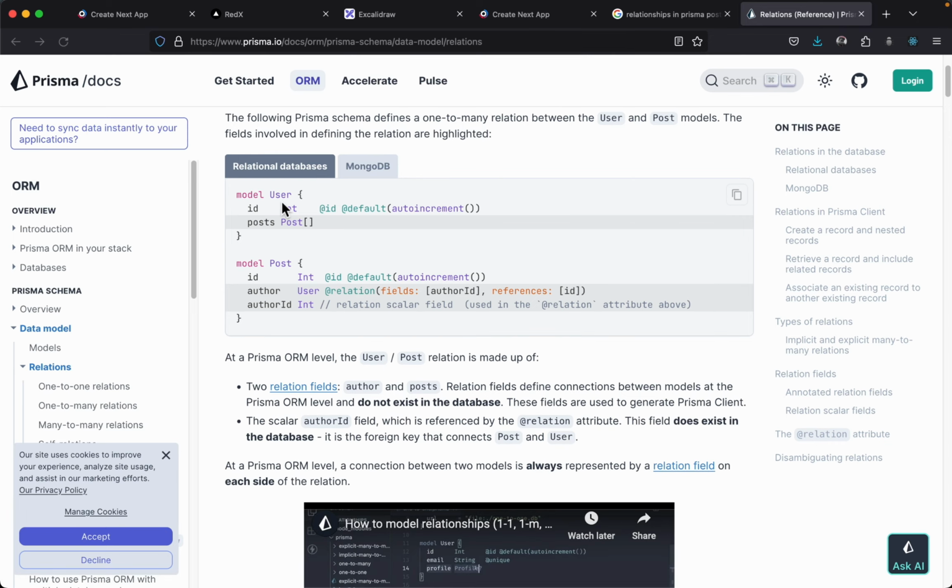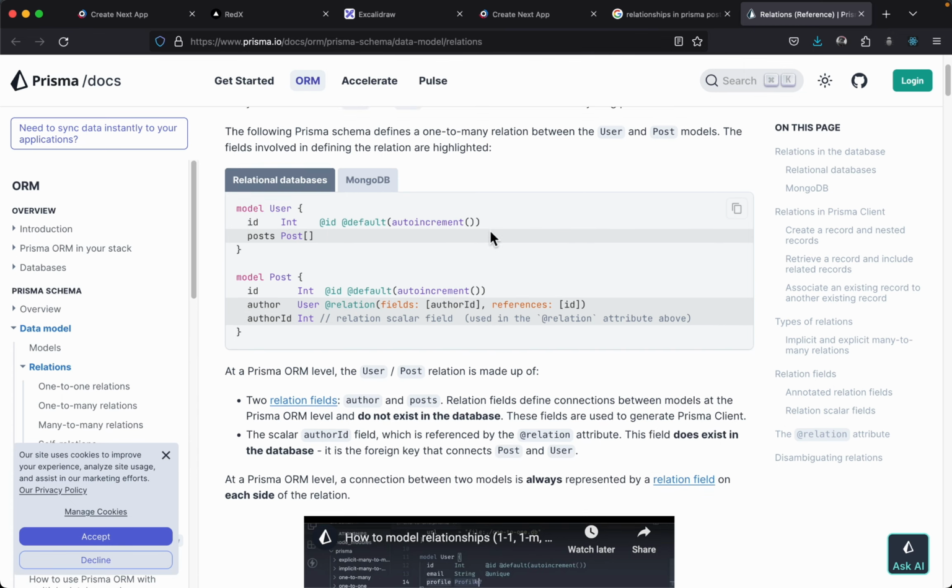So here you can see a user has a post, and he is referencing this post as an array. That means every user has multiple posts in an array, and every post has an ID, an author, and an author ID, and the author is referenced to this user using this author ID, which is over here, and the ID, which is this user's ID. I hope it's clear, and if it's not clear,